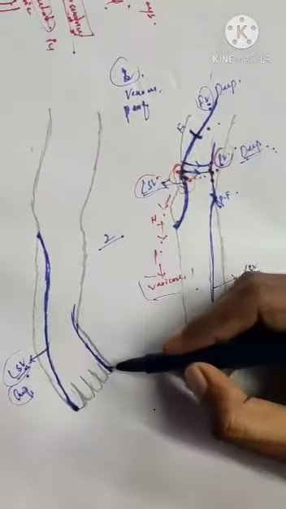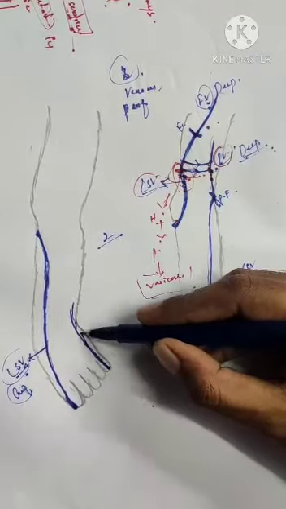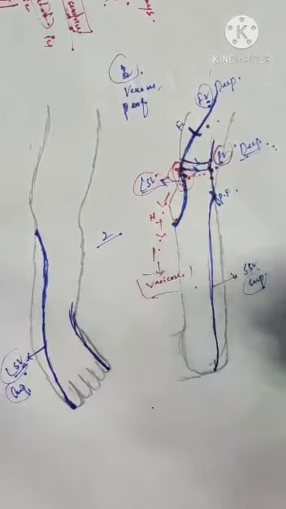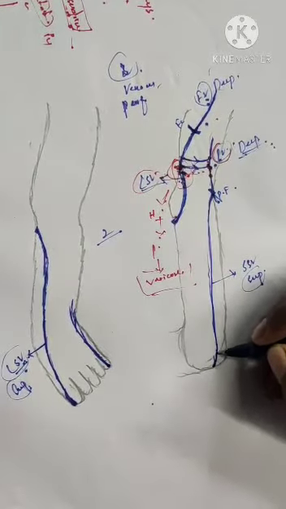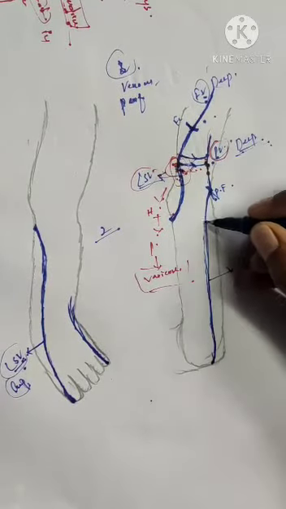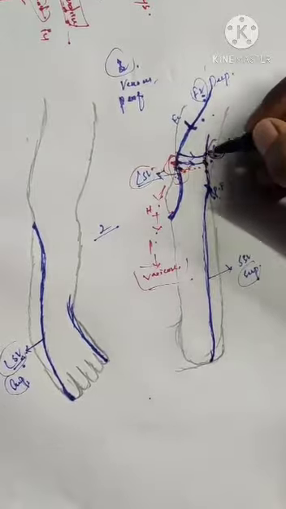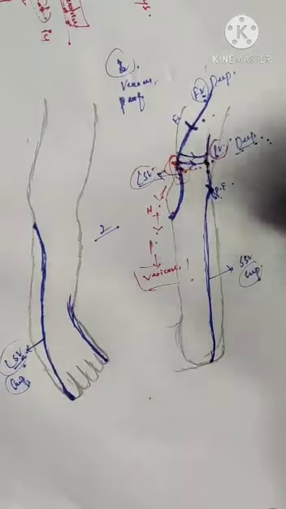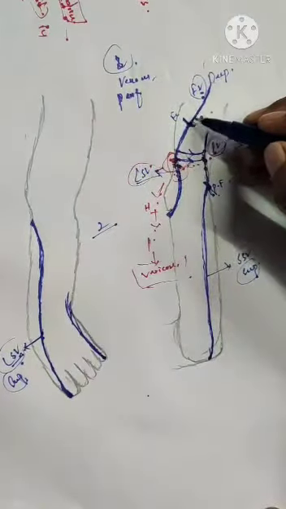Now let us see about the short saphenous one. The short saphenous vein starts at the little toe, goes till the ankle point, and from behind the leg, it starts its course at the calf muscle and goes till the popliteal fossa and ends its course over here, and it continues as a popliteal vein, which is a deep vein. See, the short saphenous vein, which is a superficial vein, continues as a deep vein,